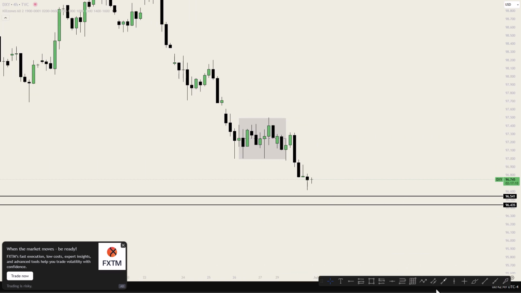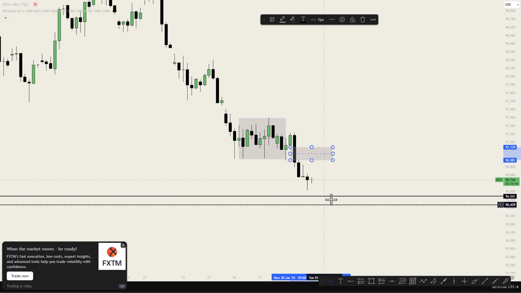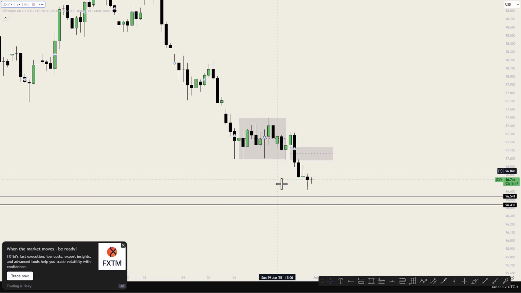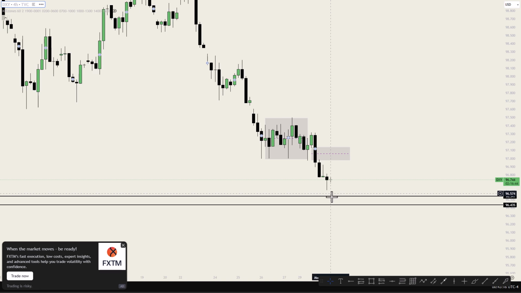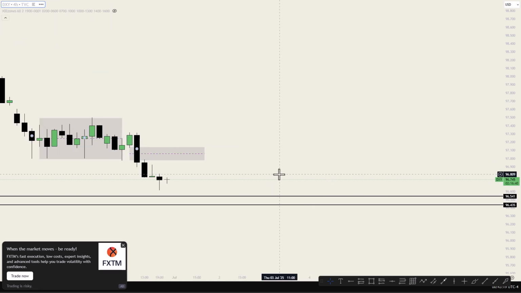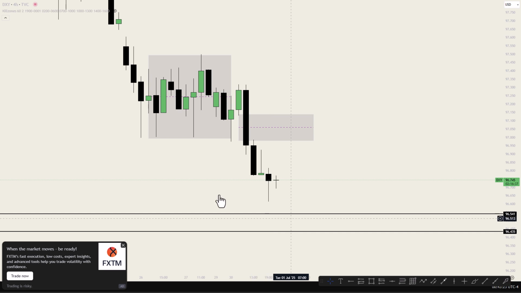So right now, either price entered into the point of interest on the weekly, which is the fair value gap, before price coming back into this range, or price should come into this range, and we have a fair value gap before price should retest this fair value gap or draw to this fair value gap. But what we see currently, we are bearish on the 4 hours time frame, and to me, I'm likely to see price coming into this fair value gap. Let me zoom in. We are likely to see price coming into this fair value gap before coming into this fair value gap, because this is the draw on liquidity. If this should remain open, this will be acted upon by price on NFP day.